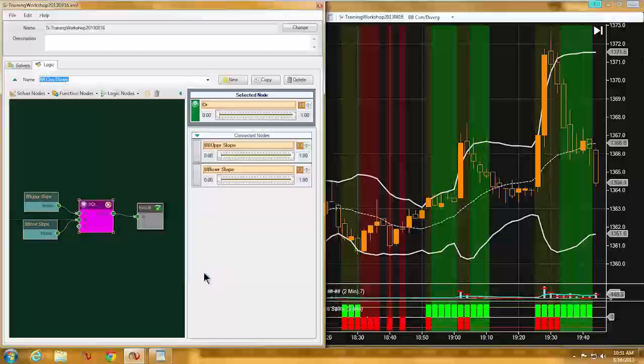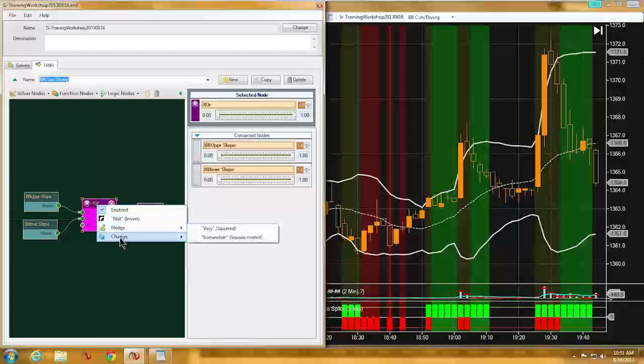Let's try the XOR and see what happens with that. And no, I didn't think the XOR would work. So I'm going to change this. Really what we want is, we need both conditions to happen at the same time. So what we need is an